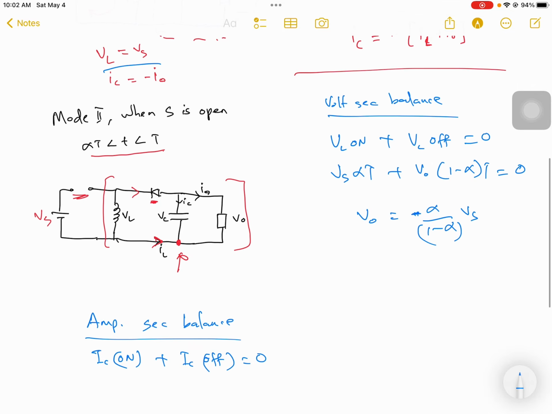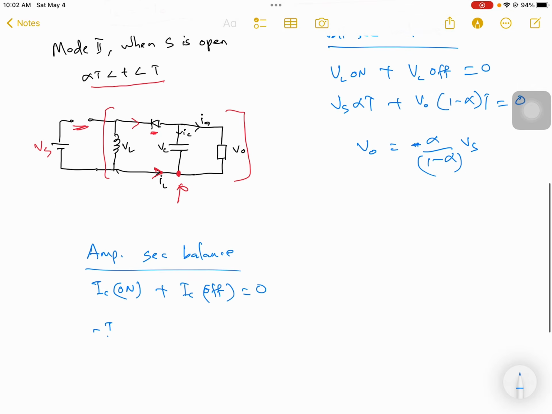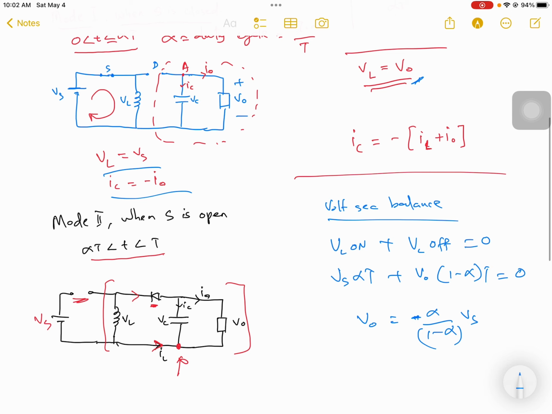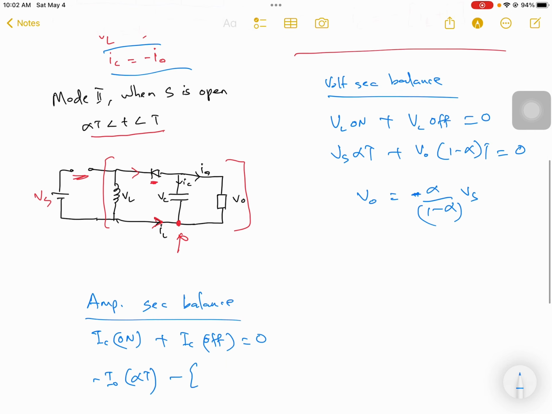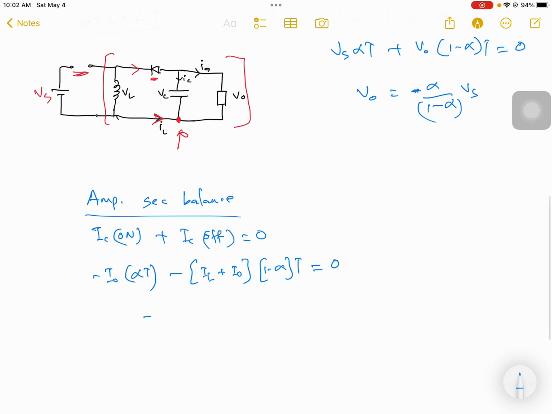So during turn on time, here we have negative of I naught, then the turn on time is alpha T again, and then your IC is negative of IL plus I naught, and then this is during the 1 minus alpha turn off time, equal to 0. If we simplify this, you'll get your inductor current IL equal to negative of I naught by 1 minus alpha,